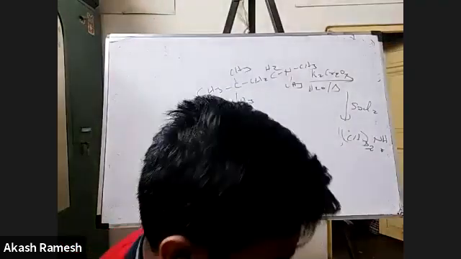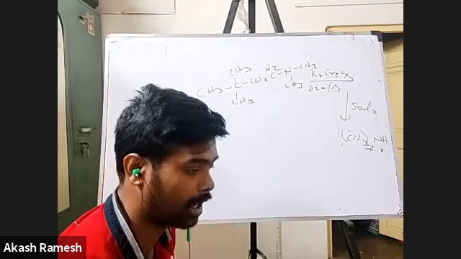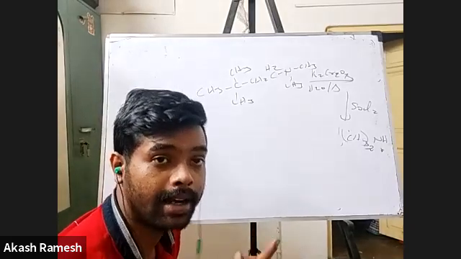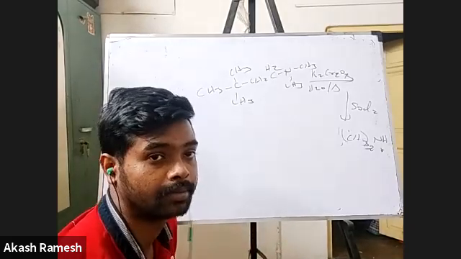Sir, one small doubt, sir. The more the pKb value, the less basic it is, no, sir? Correct. pKa is inversely proportional to acidic strength. Same goes with pKb. But Ka and Kb are directly proportional.